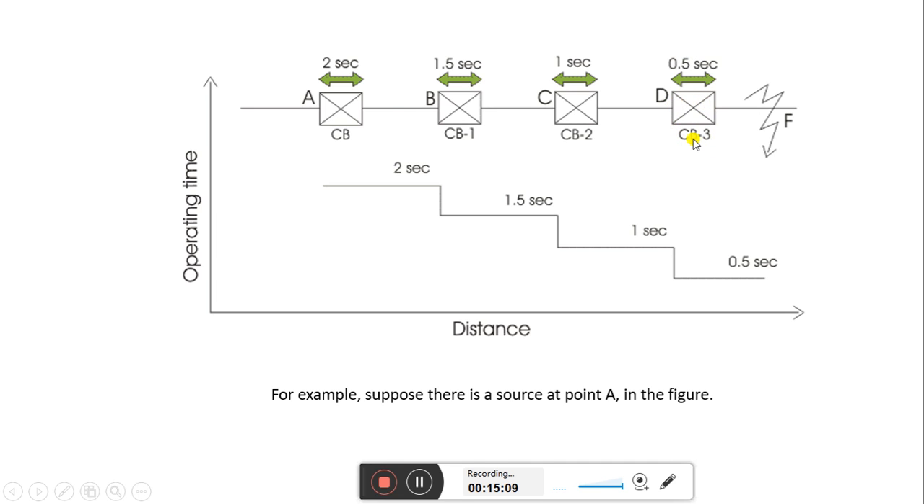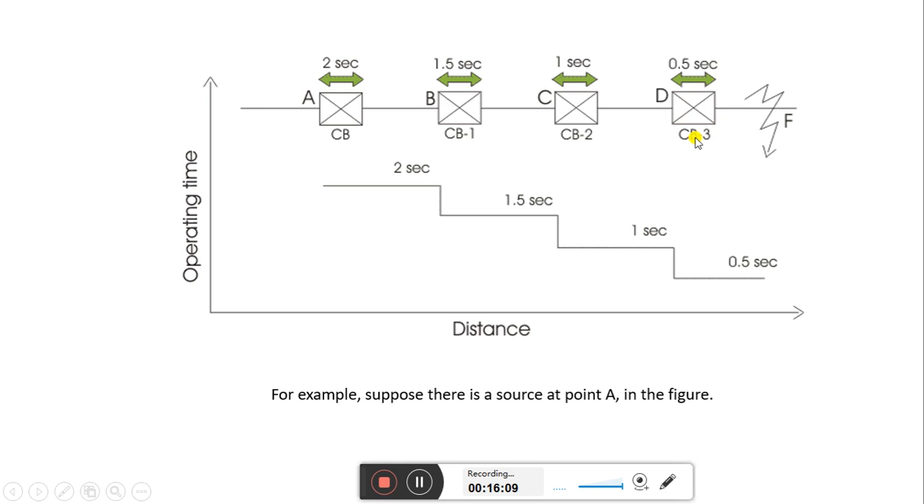And if this CB3 fails to operate by any means, then next to it CB2 is placed, and for CB2 the time setting is given as 1 second, so this CB2 will operate. Now if CB2 also fails to operate, then next to CB2, CB1 is placed in series with the transmission line, and for CB1 the time of operation is given as 1.5 second. So what we can see from this system is that if CB3 immediately operates, it will isolate the faulty section